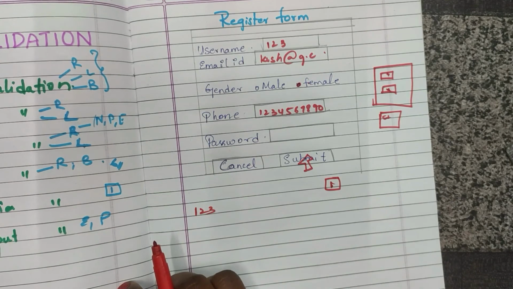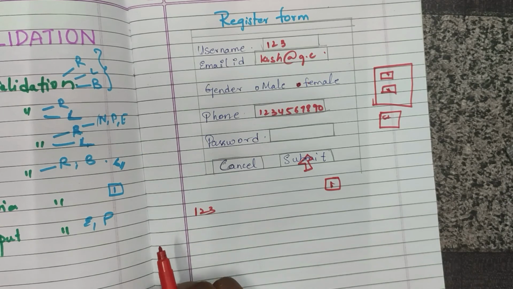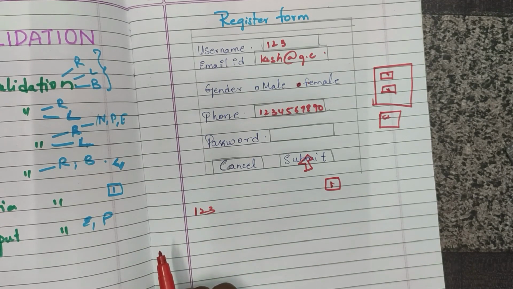Now masked input validation. In my login form, I gave the Gmail ID and the password, and if I give a wrong password or something, it prompts me stating to enter the correct field. This is masked input validation.